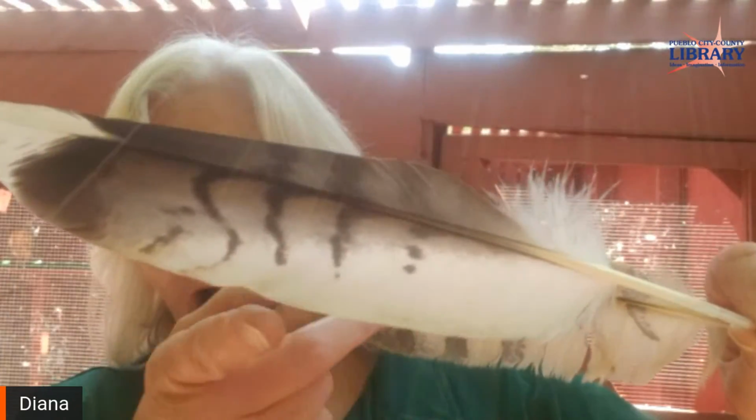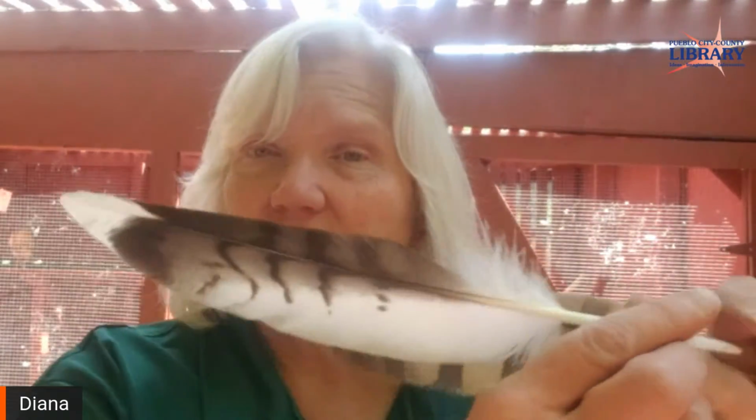And this is from a hawk. Hawk feathers have these really fine, sharp edges because when they fly, they want to go fast. And if you're going to go fast, that means you have to move the air a lot, create turbulence, and you create noise. So this is a feather, the hawk feather. This is a feather for fast flight because it's sharp and the edges fit